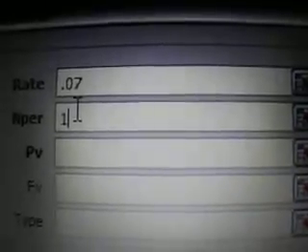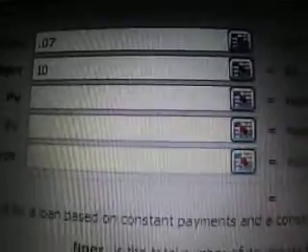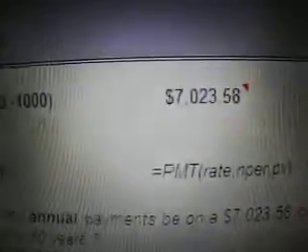Click OK. Now we are going to input the information. The rate is 7%, 0.07. Number of periods are 10, and then what is $7,023? $7,023 is